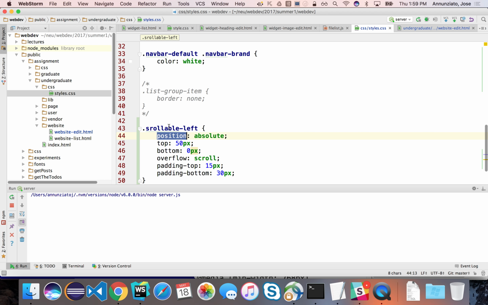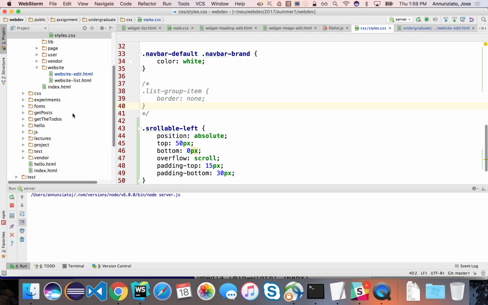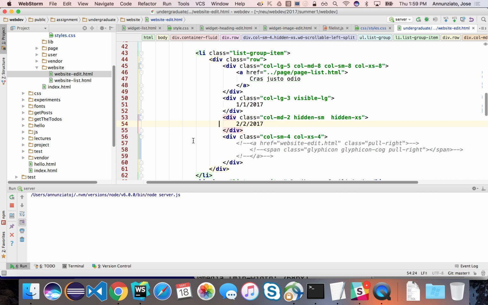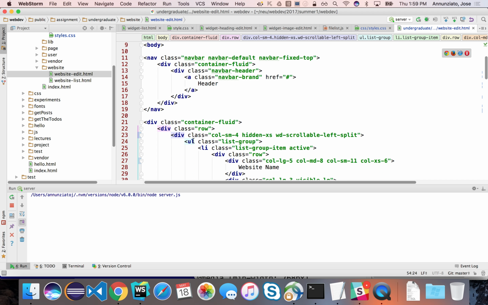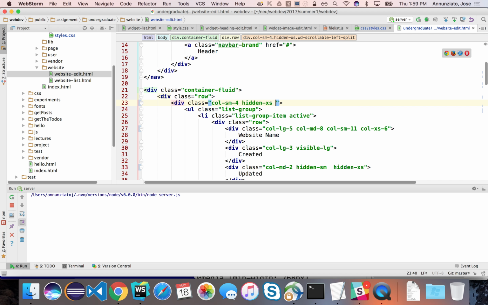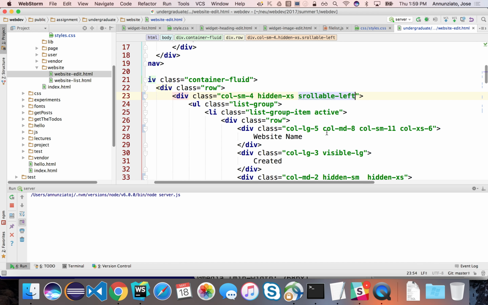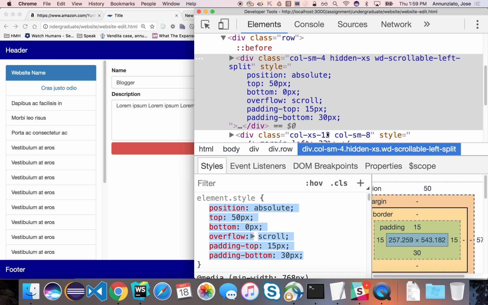Then apply this to the file, and the file was website edit. We can apply scrollable left to that particular SM. So that if we refresh,